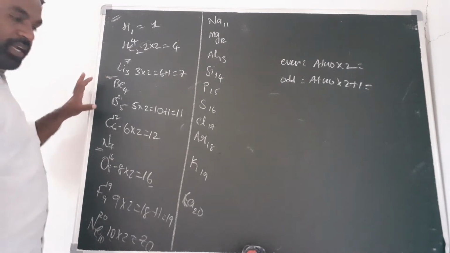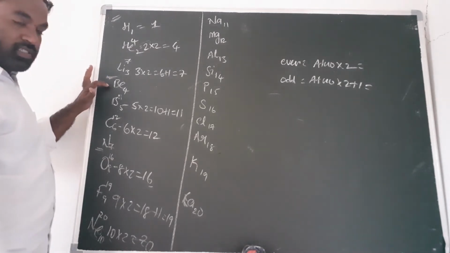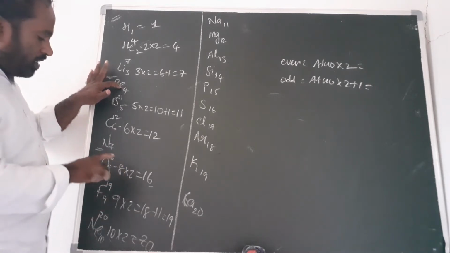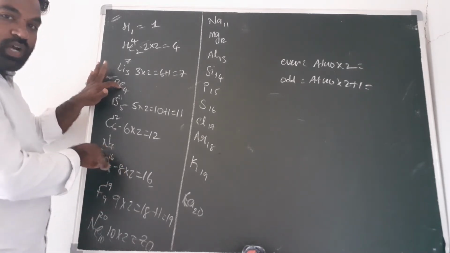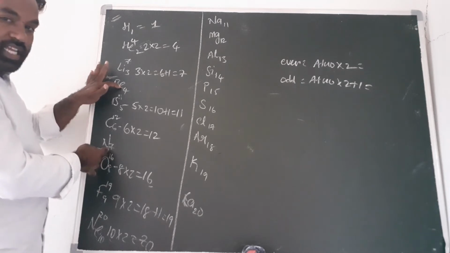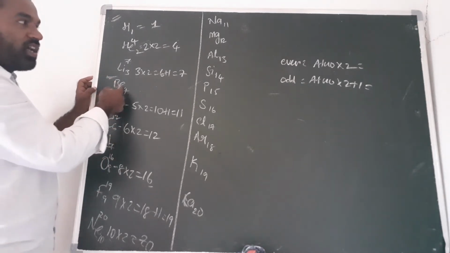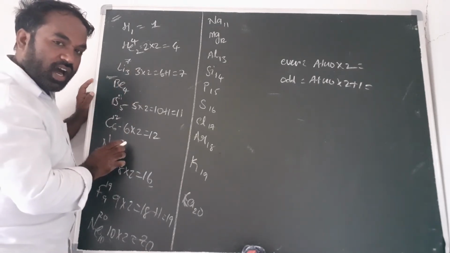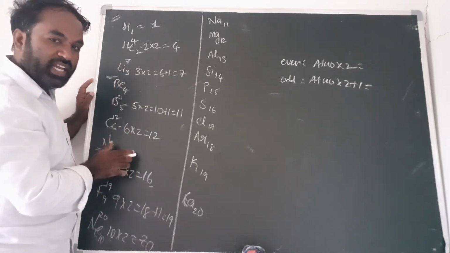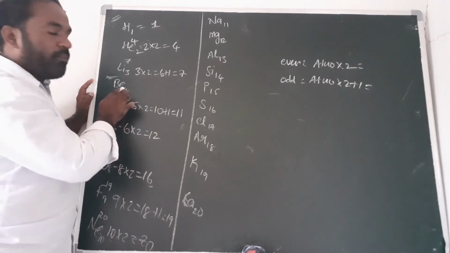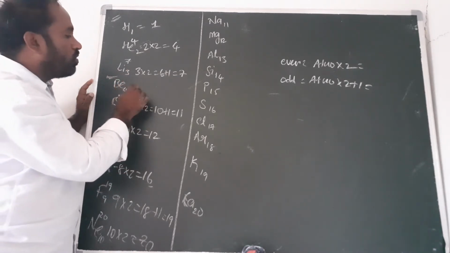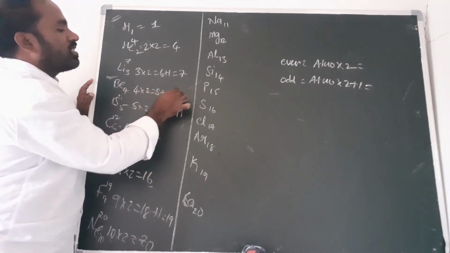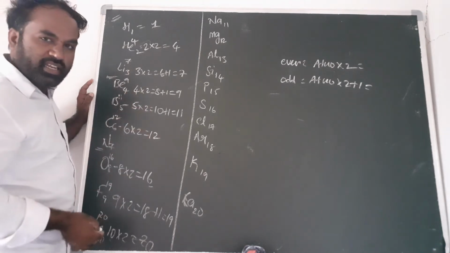Next, beryllium and nitrogen. Beryllium atomic number is an even number, 4. Normally for even numbers no need to add anything, but for beryllium we have to add 1. Nitrogen is odd, but there is no need to add 1. Beryllium is even, but we have to add 1. So atomic number is 4, 4 2s are 8 plus 1, that is 9. So mass number of beryllium is 9.